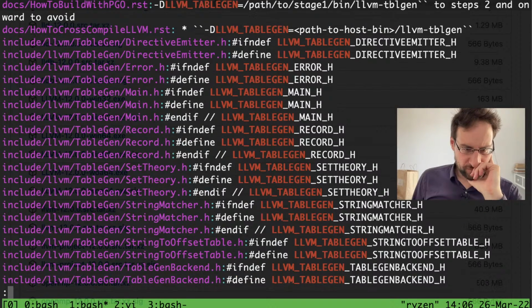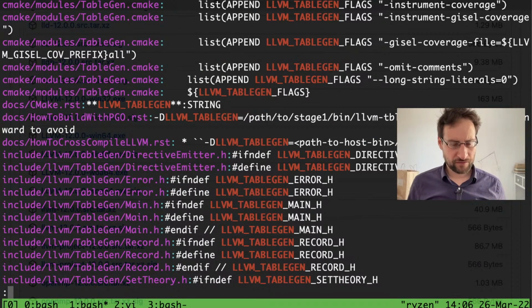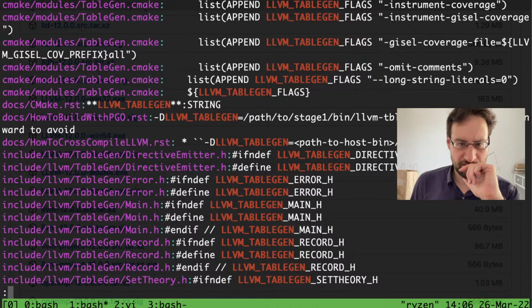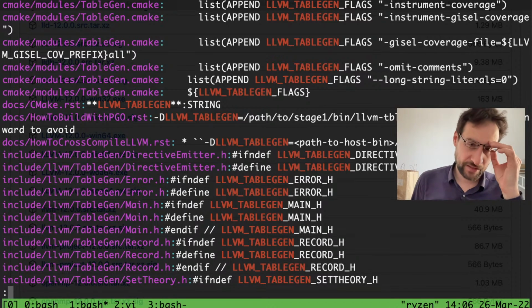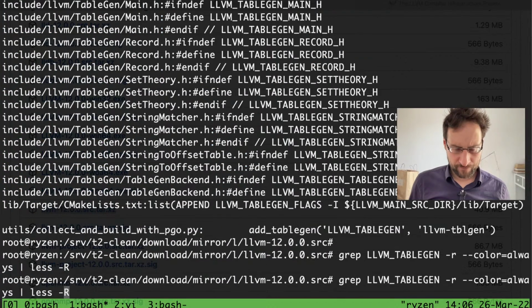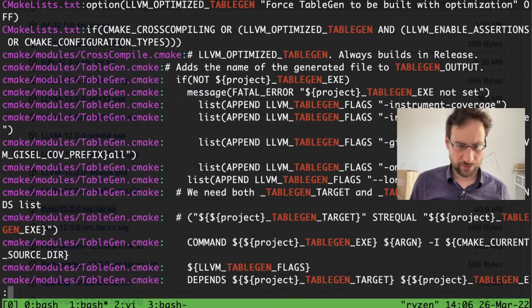Is this broken for so long? It can't be broken since LVM 11 or 10, no? Can that really be broken? What am I overlooking? How should this LVM table gen thing work if it's not in there?